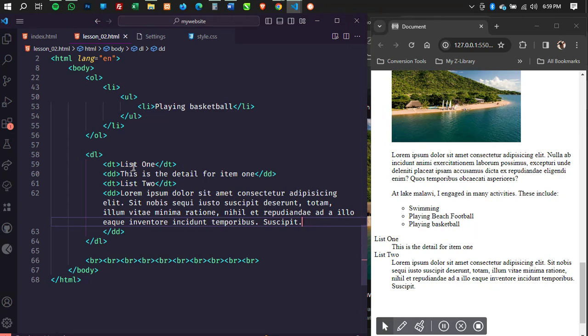But for the unordered list, suppose you are listing items, just like I stated the things I did at Lake Malawi. They don't have to be in order, because they don't really have to follow a particular process. If I want to state the places I have gone to in order, then I can say, first I went here, then I went there. I hope you get the explanation I'm trying to give.